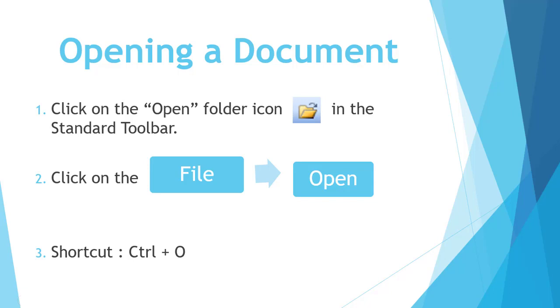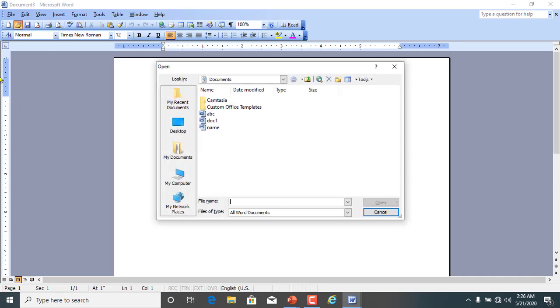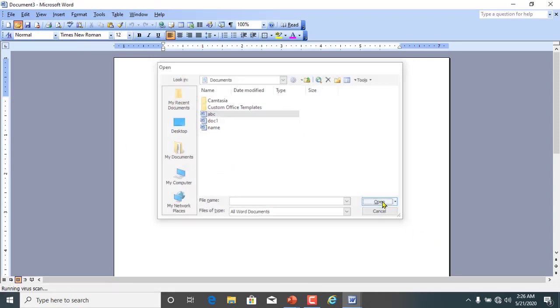Let's see, students, how we can do this. Yes, the first method for opening an already saved document is to click on the open folder icon. An open dialog box appears. Select the file which you want to open and click on the open button.